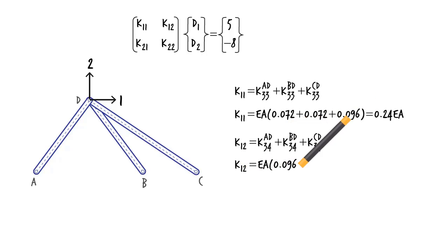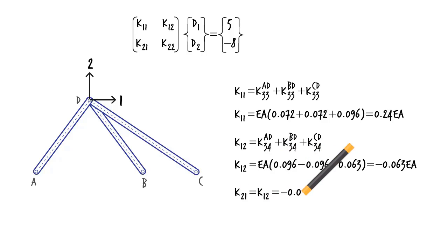Therefore, since the stiffness matrix is symmetrical, K21 equals K12. K22 of the system matches K44 of AD, K44 of BD, and K44 of CD. Thus,